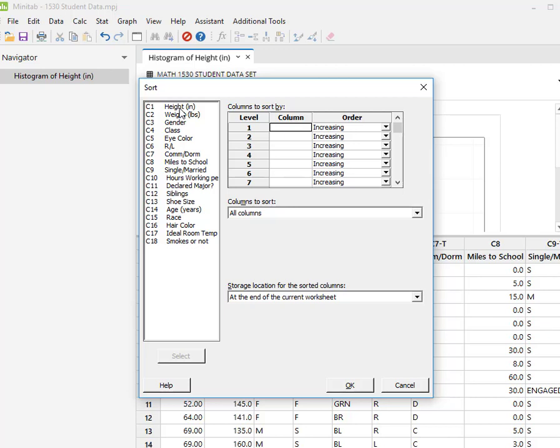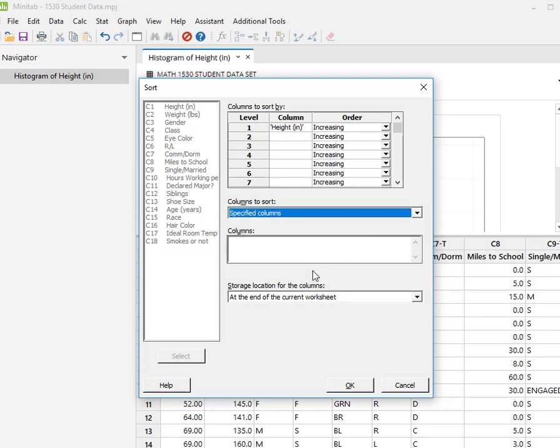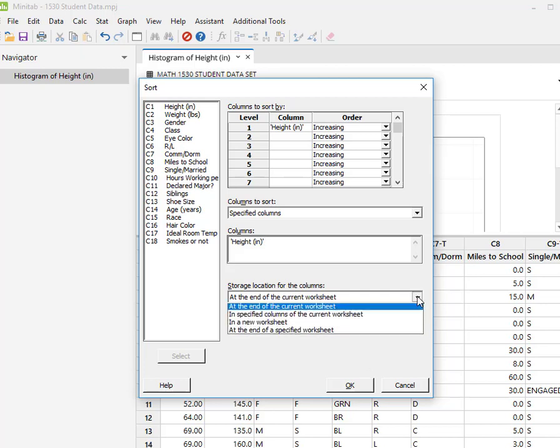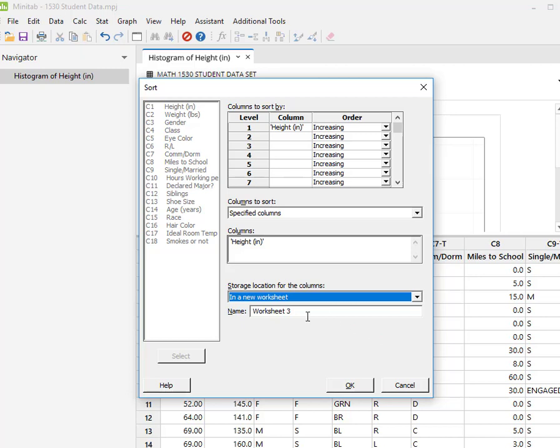So double click and do not do anything on the increasing decreasing, just let it be as it is. Now we only want to sort this column, so what you're going to do is columns to sort and say specified column and says which column. So take your cursor over there and double click. Now where would you like to locate this column? The best one is, so that you don't make mistakes, you say in a new worksheet, and you can title